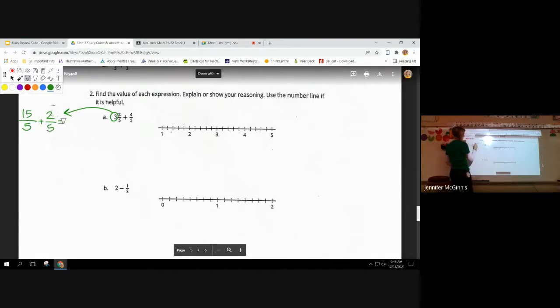Put the 2/5 with it. It's going to give you 17/5. Are you allowed to do that? Yeah. Does that make sense? Yeah. And then, because each of these, hold on, we have to explain how you did that. Each of these 3 wholes are cut into